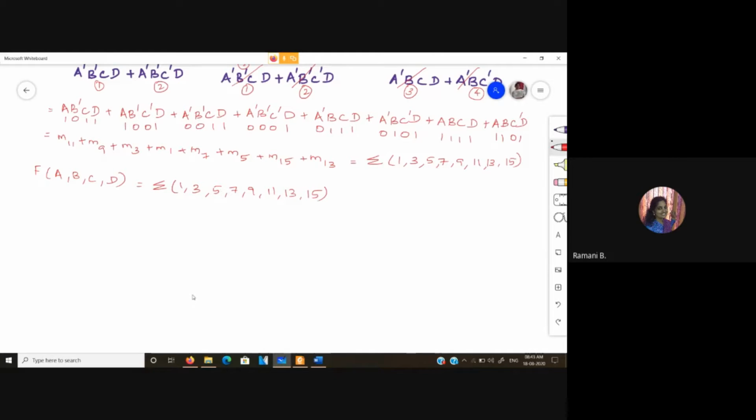Now the main thing you have to remember is that this implies in the truth table these corresponding minterms have output 1. All the other terms will be 0.